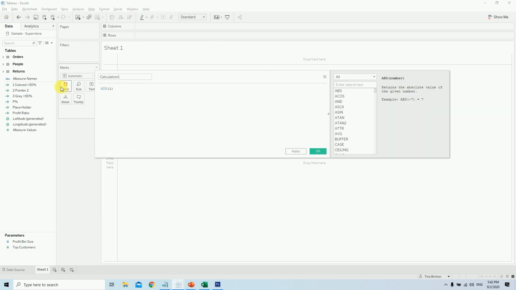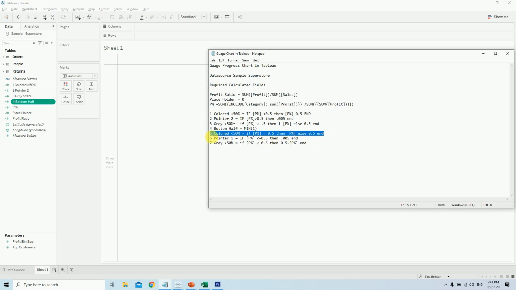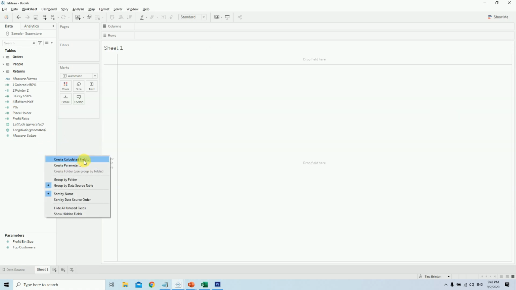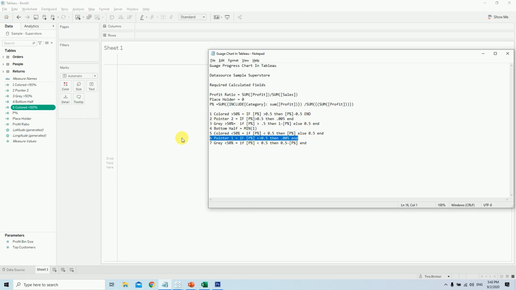I'll remove it here. You see, only this part is a formula, the remaining part is the name of the calculation. It's very important for you to understand this, and I will explain shortly what all these fields are doing. Only 3 more to go. Calculated fields, Control X, and this one also.